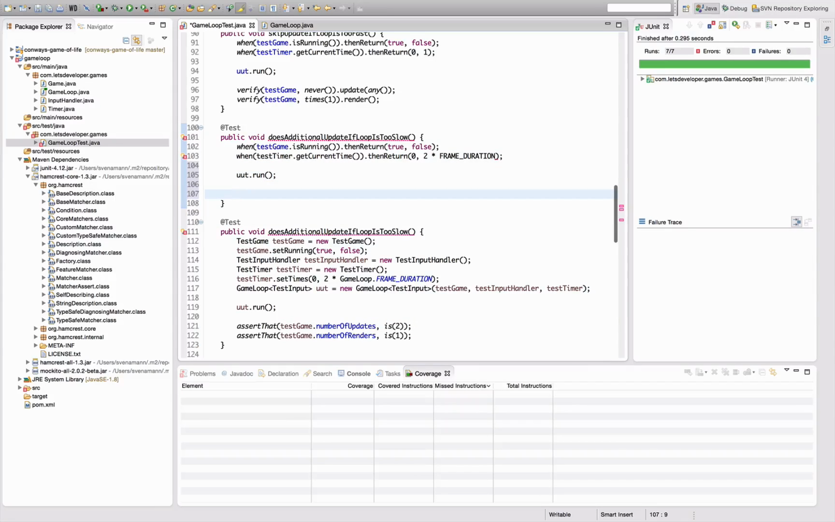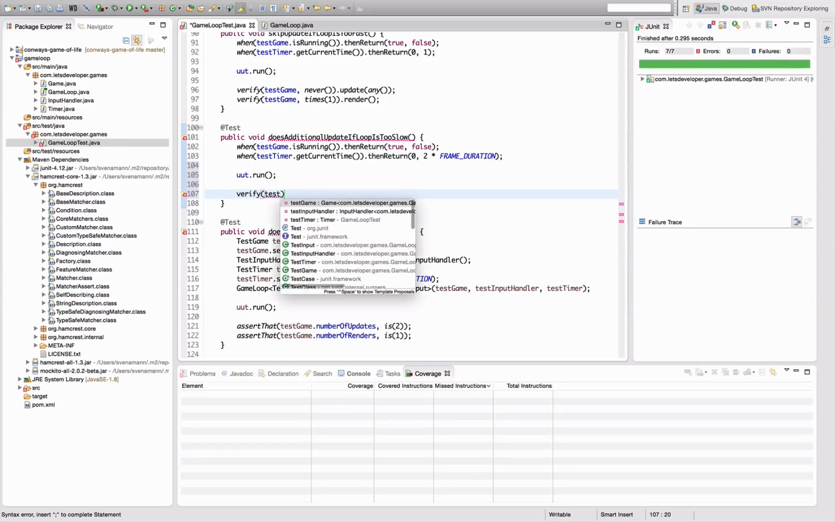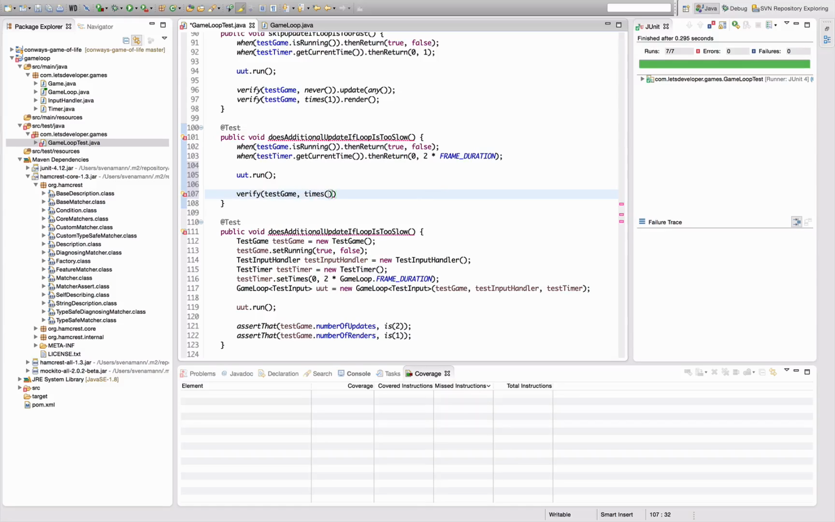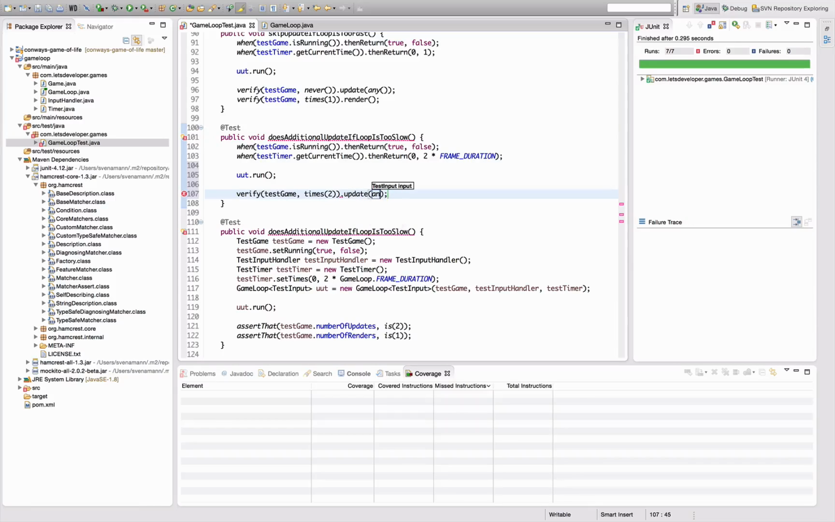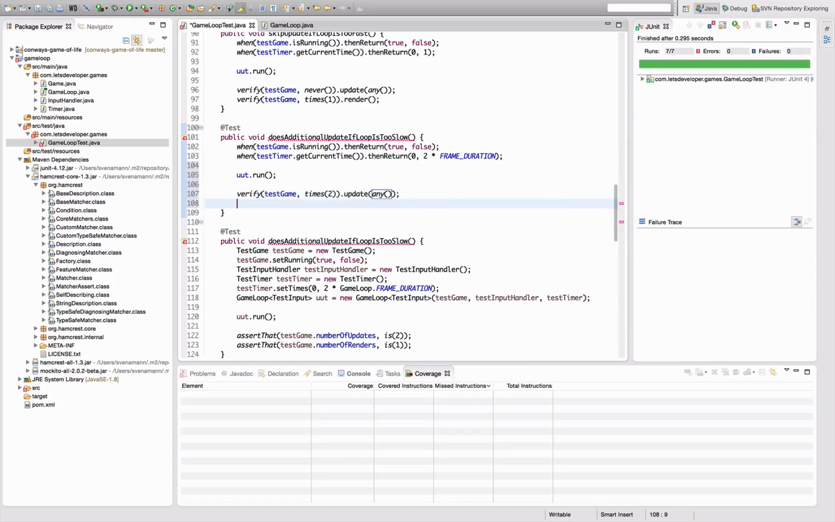UUT run and verify that test game times 2 the update call with any value, and verify test game times 1 the call to render, which, oh, I forgot the suffix, which actually makes me think of another test we've missed,